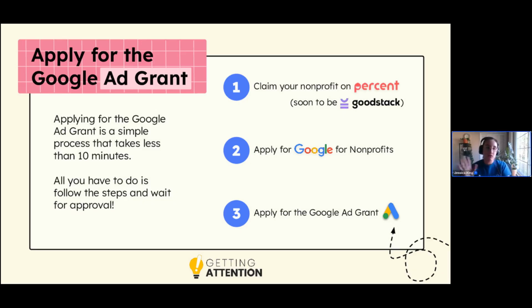And that kind of goes in general for most things with the Google Ad Grant. It's really not meant to be punitive. It's really meant to be a tool. So Google has some standards to keep it, which we're going to talk about in a second. But it's really not designed to be a one strike, you're out type of thing. So I want to take the pressure off, because it really is designed to be achievable for most nonprofits.